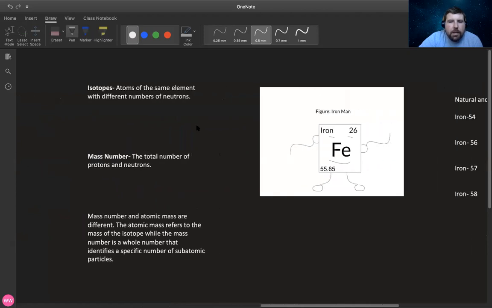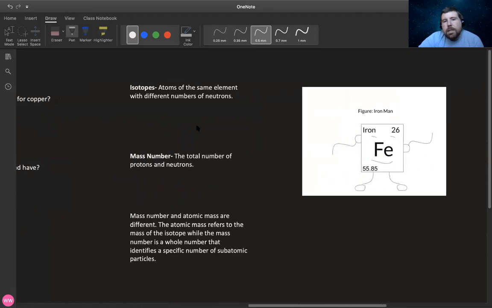An isotope is listed up here. An isotope is an atom of the same element with different numbers of neutrons. When we're looking at isotopes, one of the things I want you to identify is the prefix iso. This comes up a lot in chemistry, being able to dissect words. Iso means the same. So atoms of the same element have the same number of protons, but different numbers of neutrons. The number of protons cannot change within a specific element, but the number of neutrons can,